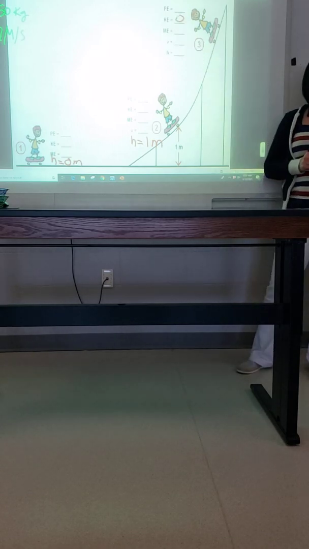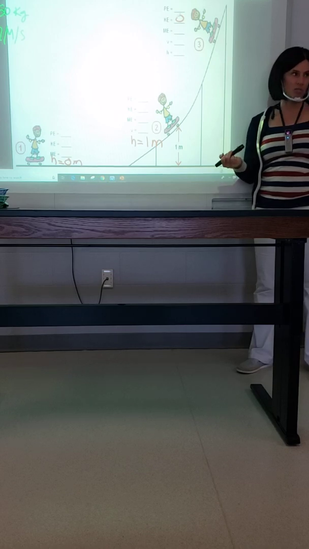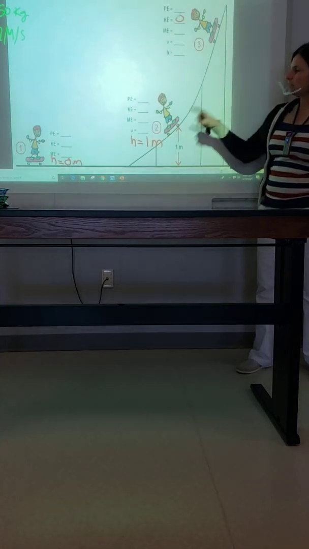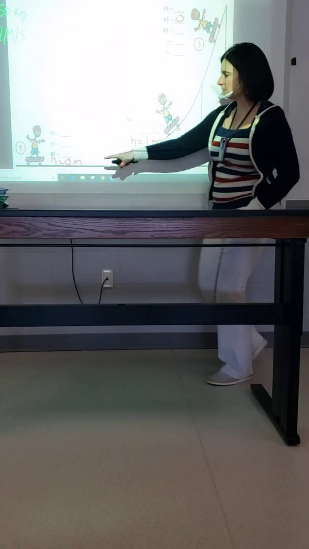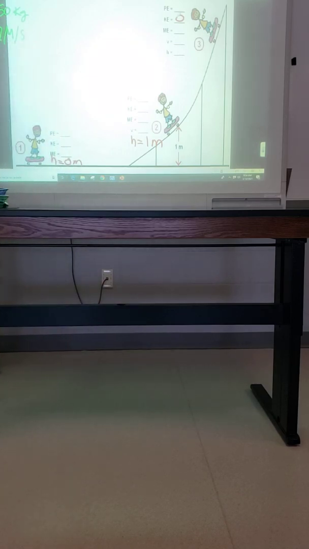Ooh, that's easy, right? So this is where you have to use that logic part. As I go down here, if I have 0 height, what does that make my potential energy? So there are things right from the very beginning that you can fill in. That's where I would start. Now, the next thing I'm going to ask myself, and I'm going to try to write these,